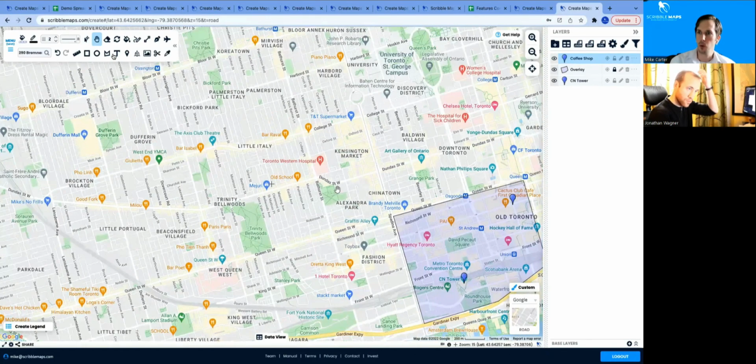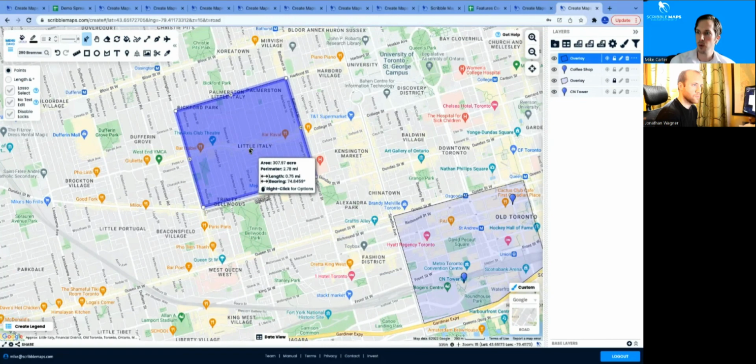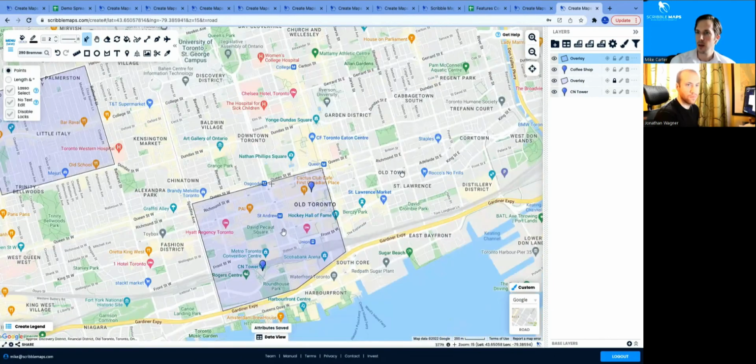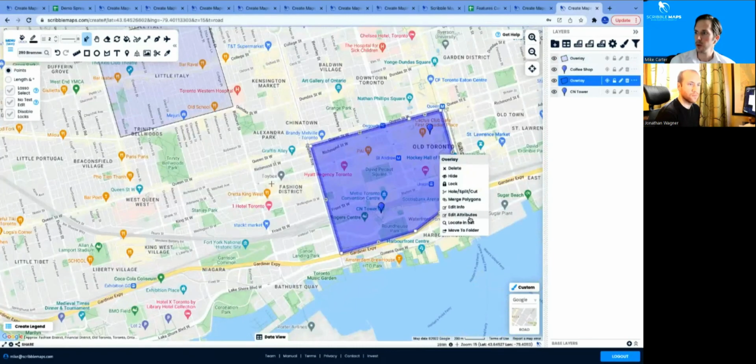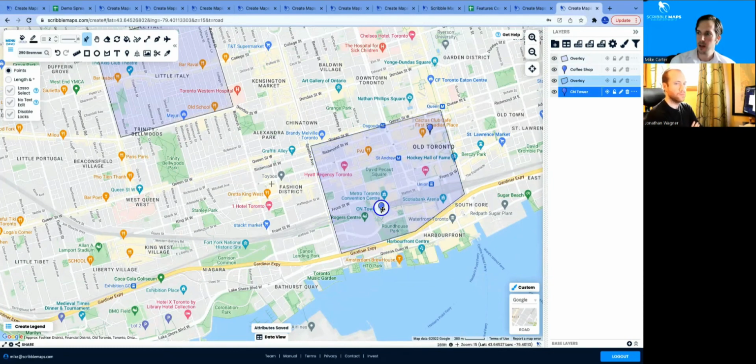We're going to do one more area. And with this, we're going to edit attributes, and we're going to go neighborhood, community, cost. We're not going to put a cost with that. And I'm going to unlock this one right here. I'm going to go to edit attributes, and I'm going to go type, and we will go business zone. Okay, so we have a couple of different attributes assigned to pins and polygons,